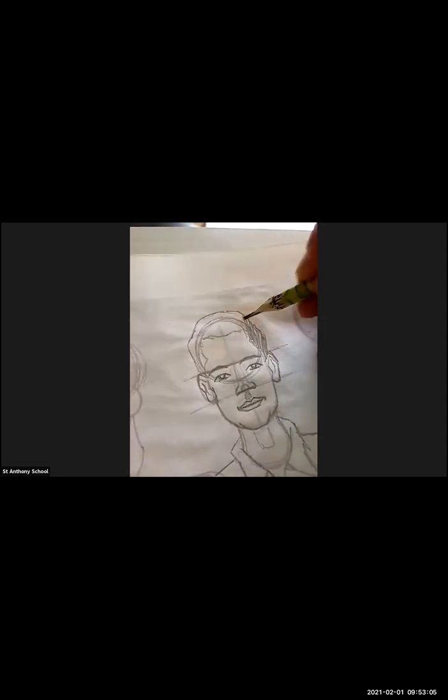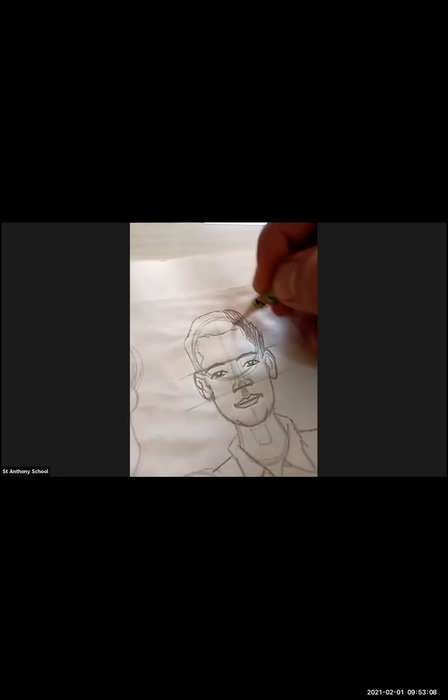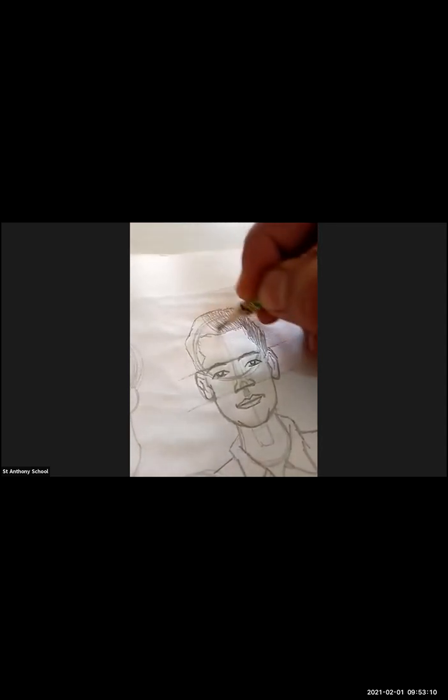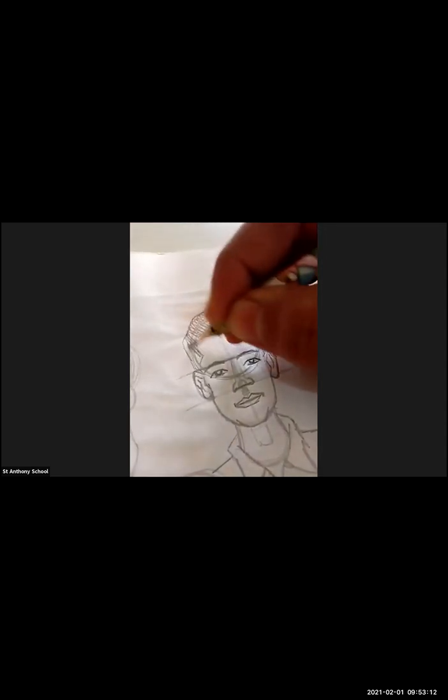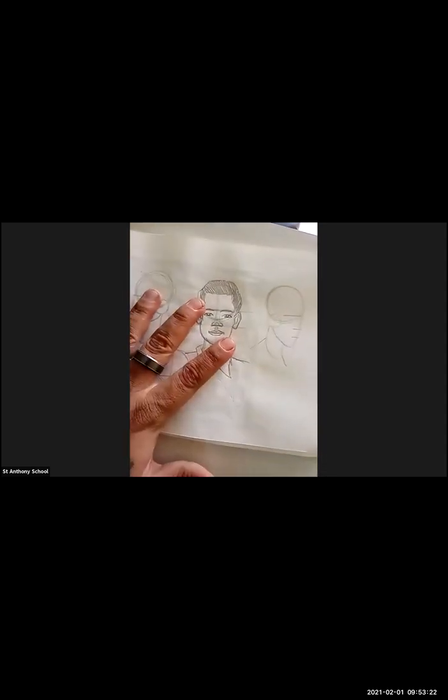Without practicing, you cannot just look and do it. You have to practice a lot for this. Okay, in your first attempt, in your second attempt, it will not be proper, but when you start doing this, you will find it easier. As you start practicing it, you will find it easy. Okay, so in this way you have to do it. Just look at this. So this is how we have drawn the face, and I hope each and everyone is clear with this.